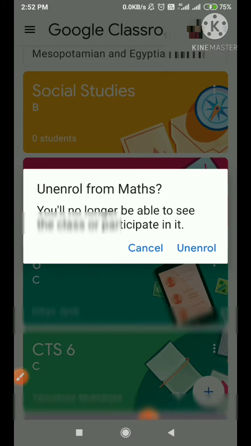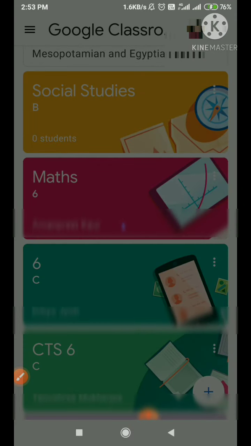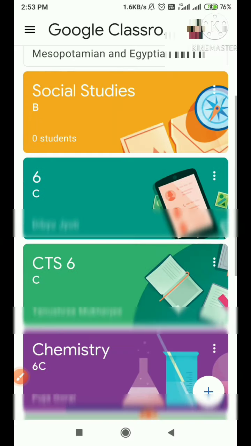It's again asking us a question: you will no longer be able to see the class or participate in it. We don't mind, because I am telling you how to get out. So let's unenroll. You will see it's taking a load, and again this page appears, and that class has vanished. So this was the second topic which we have completed.